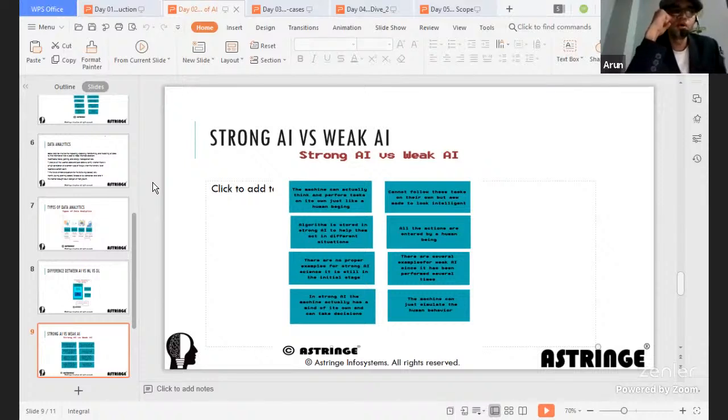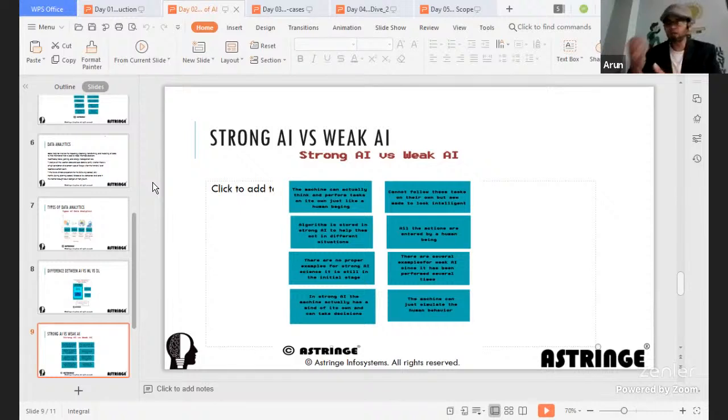So what, I mean, if we are using Siri, if we are using Amazon Alexa or Echo, where do these fall? Do they fall in strong AI or do they fall in weak AI? They fall in weak AI. Why? Because you ask something to the Echo or your Alexa and it responds back accordingly, right? So it is programmed to do one particular set of operations, and hence it is called weak AI.